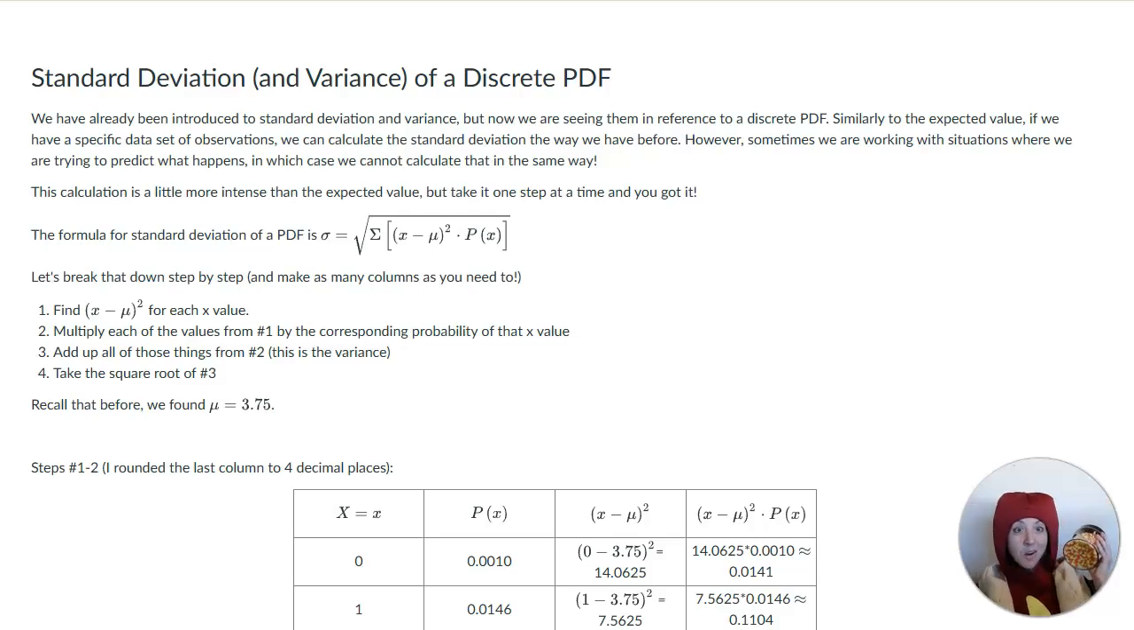Back again with the candy corn data. Here we're going to find the standard deviation of a discrete probability distribution function using our candy corn data that we've been using. So in the previous video, we looked at finding the expected value from the table in Excel